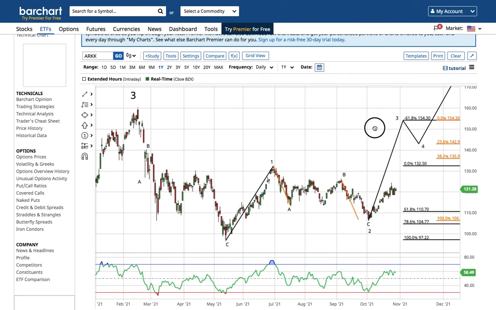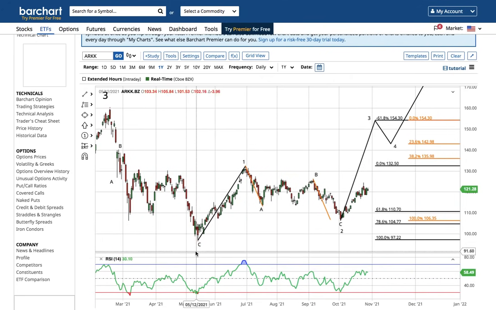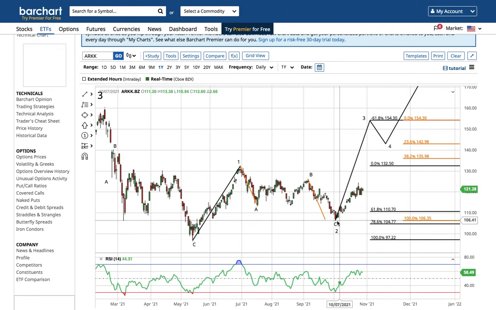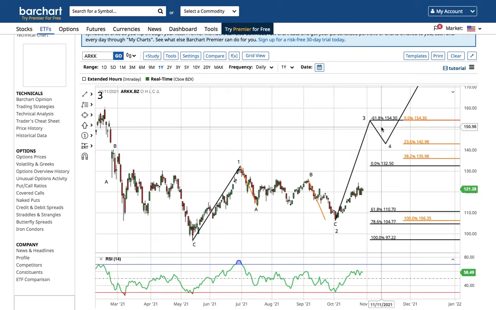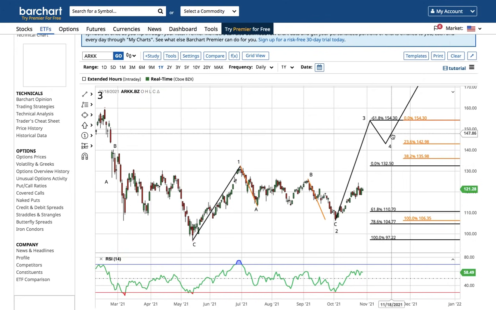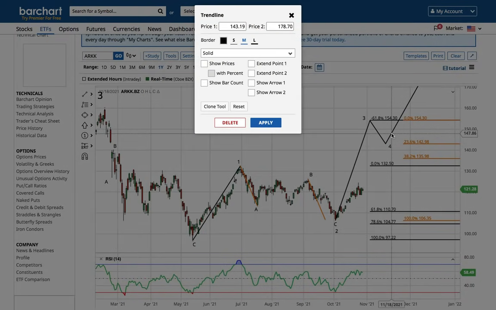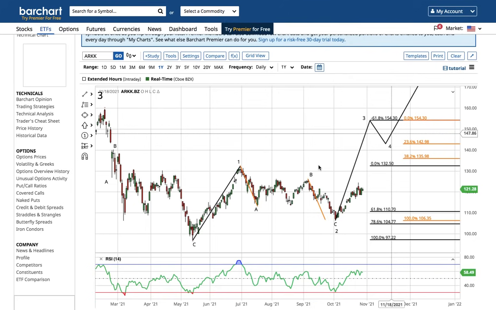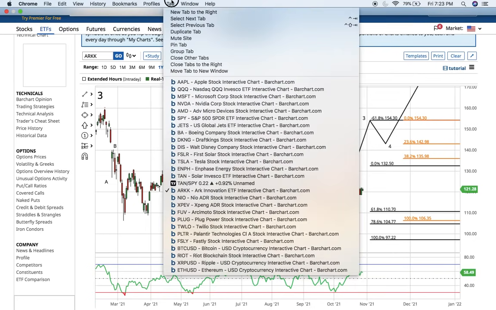And even in the short picture, this is a great chart. It's an ABC correction. It's a wave 1 and another ABC correction putting in wave 2. If we keep holding this wave 2 low, the wave 3 target is 154. And that's pretty conservative for Tesla bulls to hold out for. And it's pretty reasonable given that Tesla is a 10% holding of ARK, that this is going to be wave 3, wave 4, and wave 5. The length of wave 1 placed at the wave 4 low says all 5 of these waves in the short term could take ARK to above 175, close to 180. And I'm expecting that in the first half of 2022, especially if that wave 2 low holds.